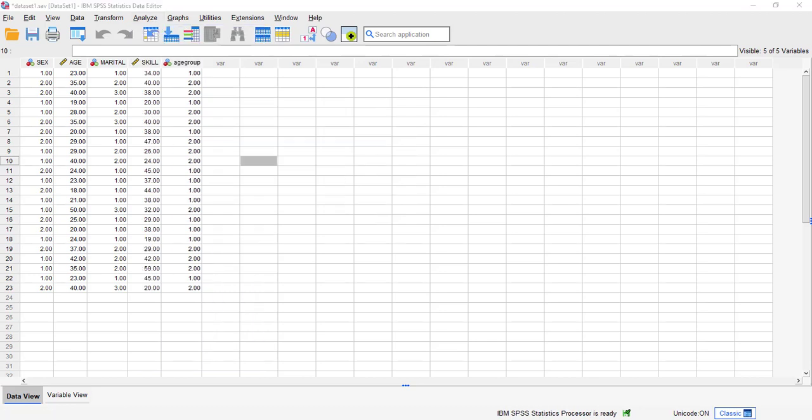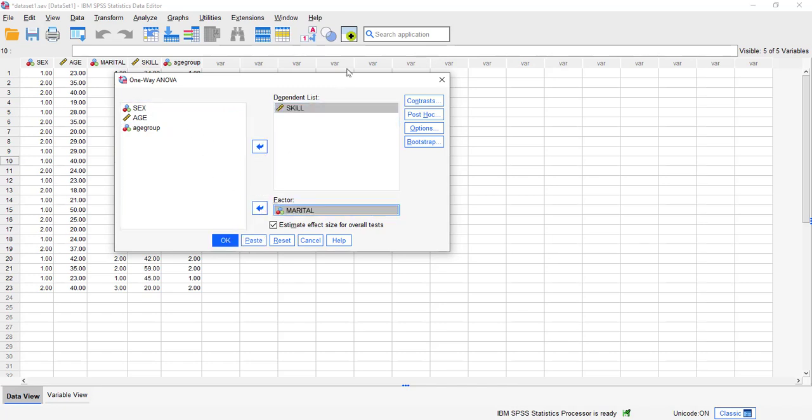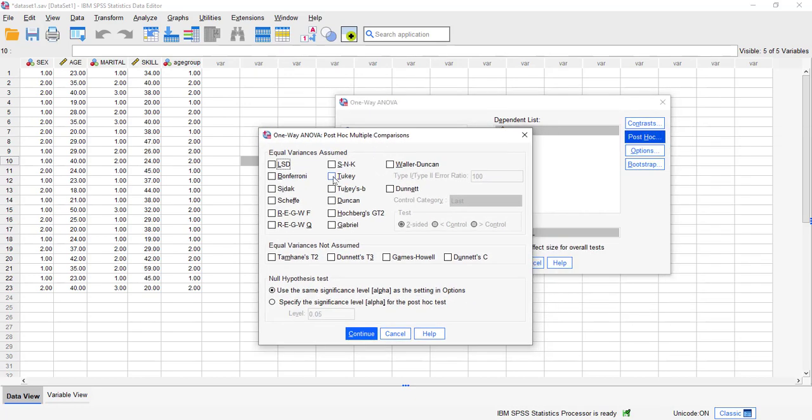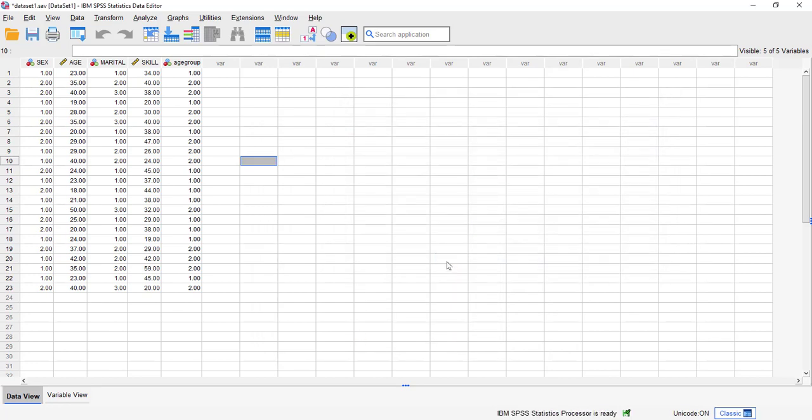For the dialog box here, we are looking at skill and marital status as the factor. It's a good idea to do post hoc tests and select Tukey's HSD. And when we look at our output,